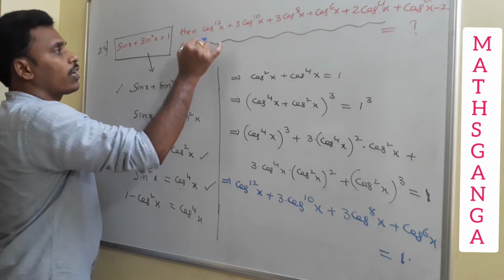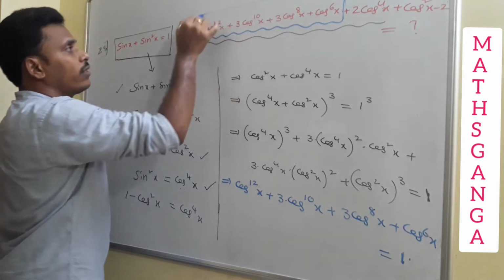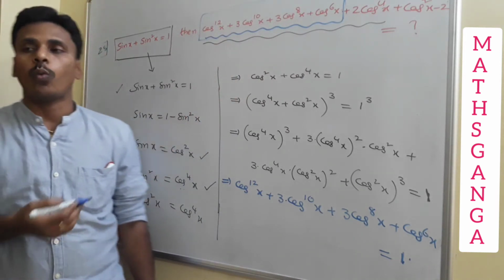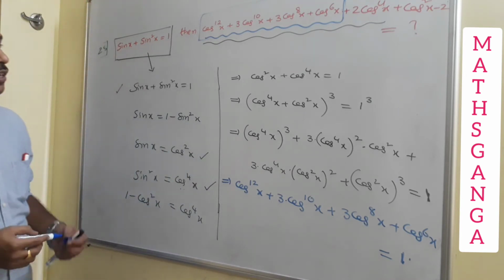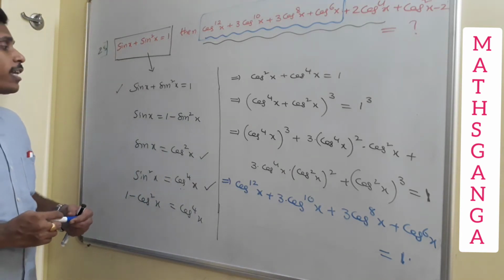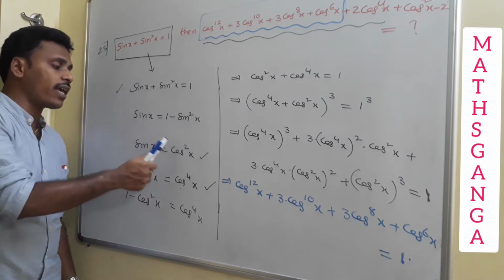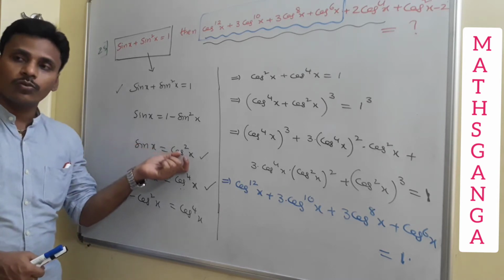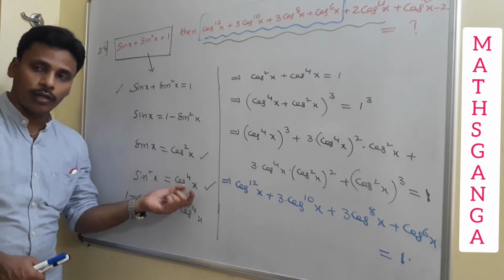So if you observe the given expression, the first 4 terms are just equal to 1, that's it. So you have a chance to replace the first 4 terms with 1. Is it right? Just have a look once again at what I have here. Yeah. See, sin x + sin²x = 1. Just send sin²x that side. It becomes sin x = cos²x. And since sin x = cos²x, if you square on both sides, you get sin²x = cos⁴x.